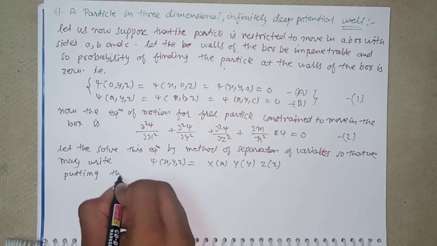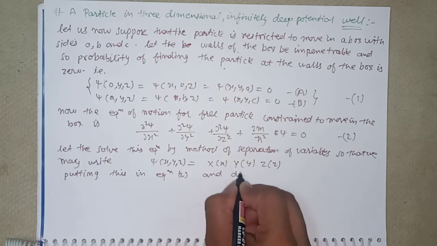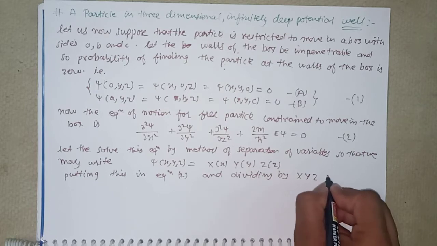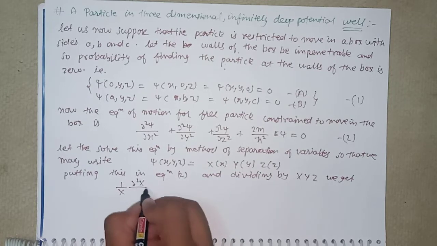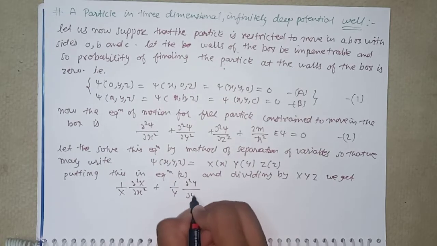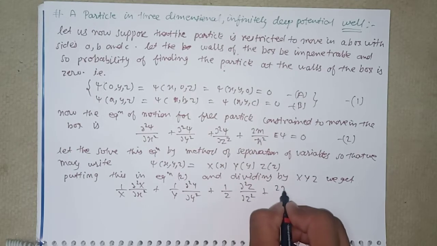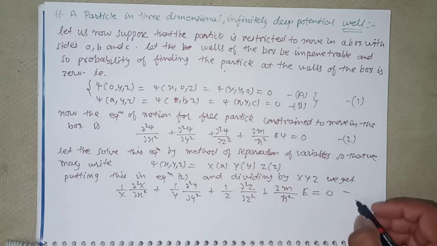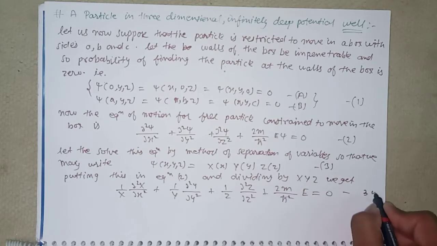Putting this in equation 2 and dividing by x y z, we get 1 by x del 2x over del x square plus 1 by y del 2y over del y square plus 1 by z del 2z over del z square plus 2m over h cut square e is equal to 0. इसको इक्वेशन नंबर 3 देंगे, ये इक्वेशन नंबर 4 हो जाएगी।